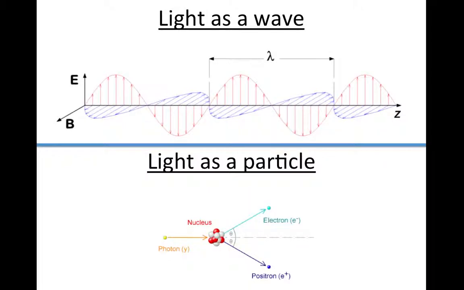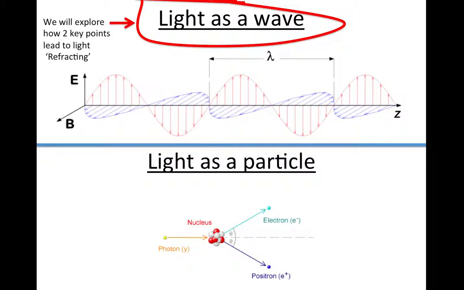Okay, so we might have heard of light as a wave or as a particle. And today we're going to look at what happens because light acts like a wave. Or, in other words, if we look at it the other way around, why do we classify light as a wave?